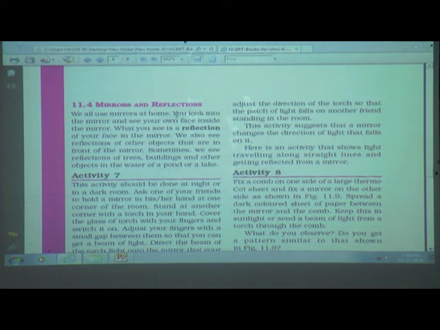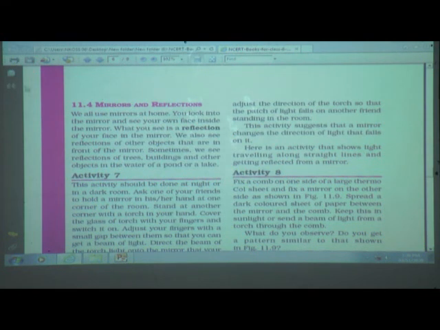We also see a reflection of other objects that are in front of the mirror. Sometimes we see reflections of trees, buildings and other objects in the water of a pond or a lake also. So that also is the reflection of a particular object.